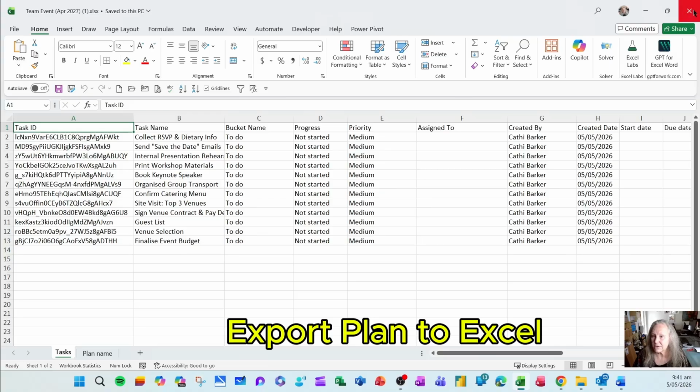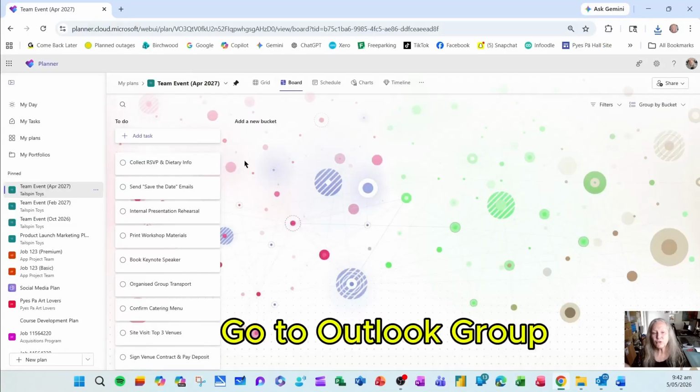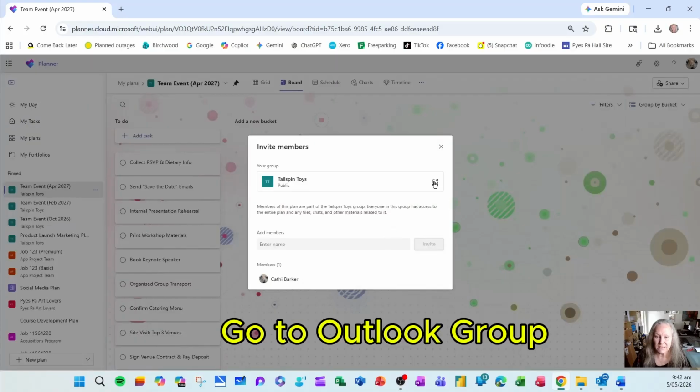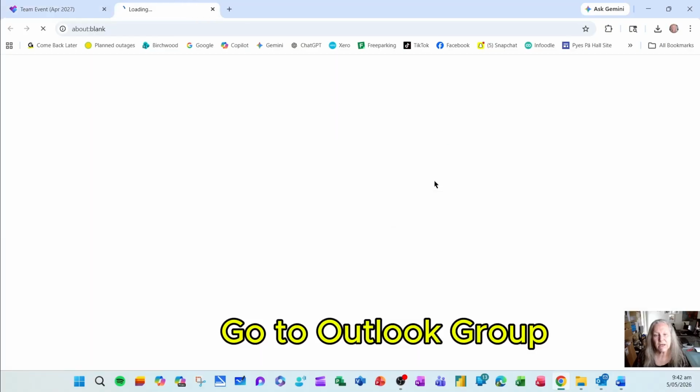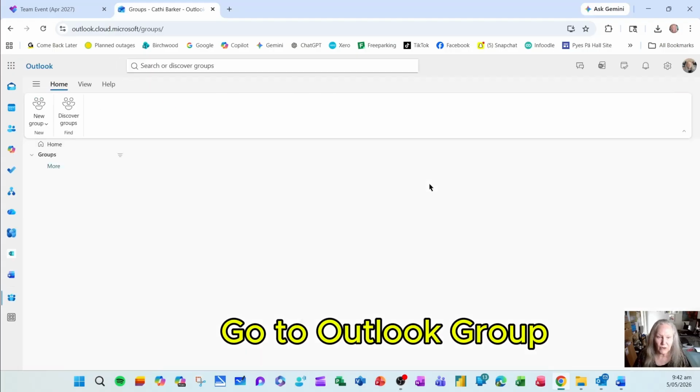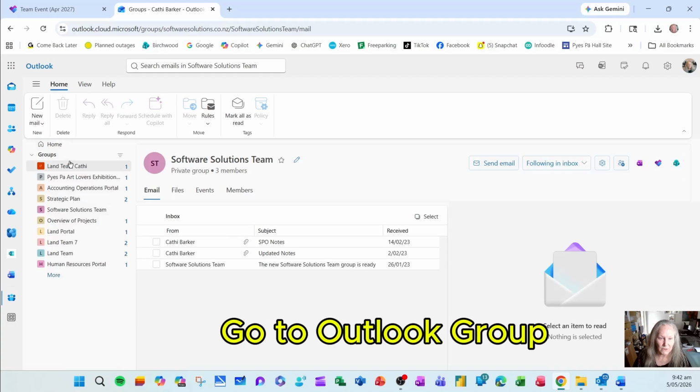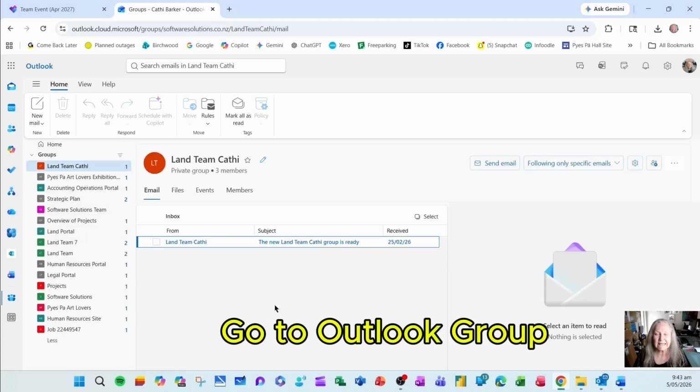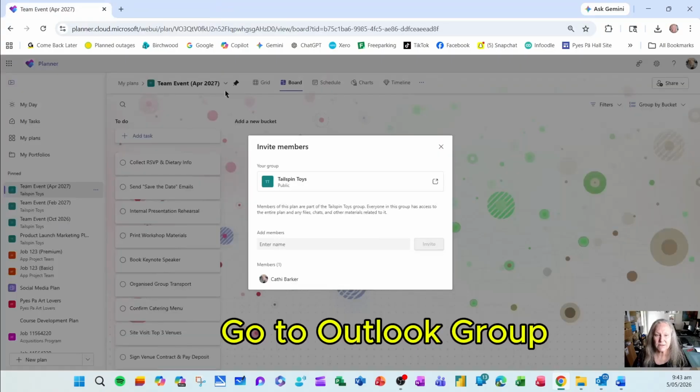And I can close. If you want to go to the Outlook group associated with this plan, you could go to Share and you could hit this button here, which actually goes to Outlook and that particular group in your Outlook. And so here we see our groups here, and you're able to see the emails to this group. If I close this option,